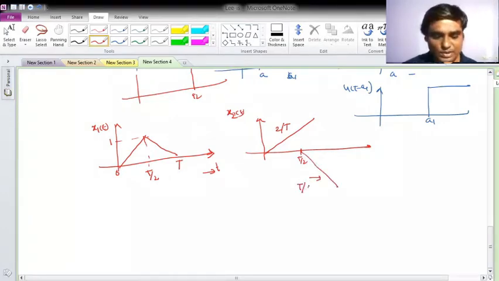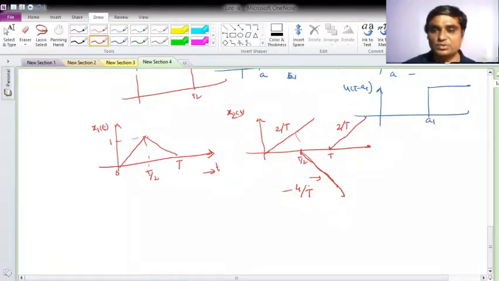So the slope will be, not T by 4, but minus 4 by T. Okay, now what happened? This has been terminated, but it will go this way. But here at T, you again have to end it. So what can be done? This was minus 4 by T, and this has to end, so I will add one more slope with 2 by T, so it will terminate at T. So this way you can create it.